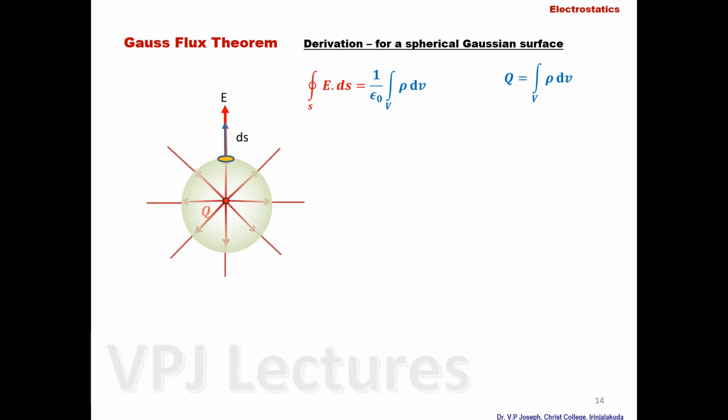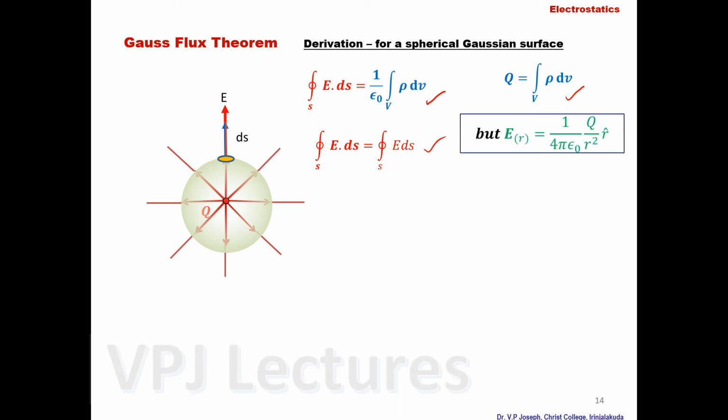Now let us consider this first case, that is both E and ds are in the same direction. Surface integral E dot ds is equal to 1 by epsilon 0 volume integral rho d tau. That is the equation that we want to derive, and q is equal to, in this case, rho by epsilon 0. So here surface integral E dot ds is simply equal to E ds, as we have explained earlier, and the electric field associated with a point source